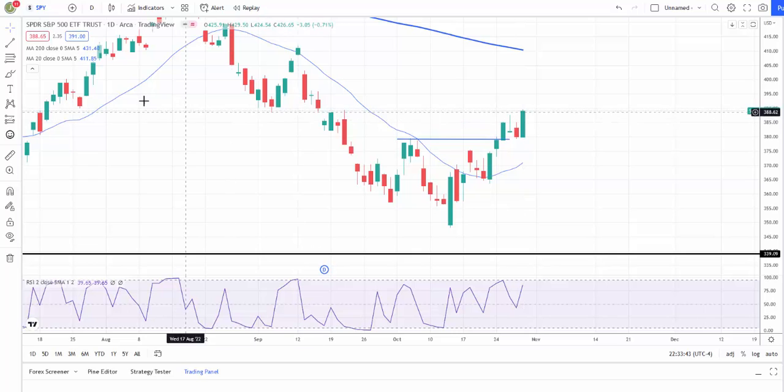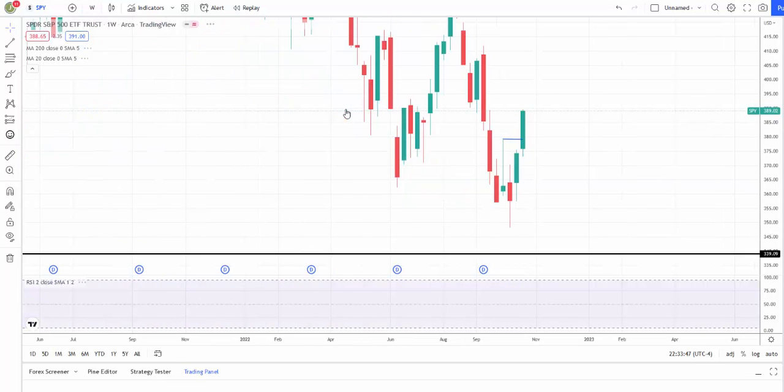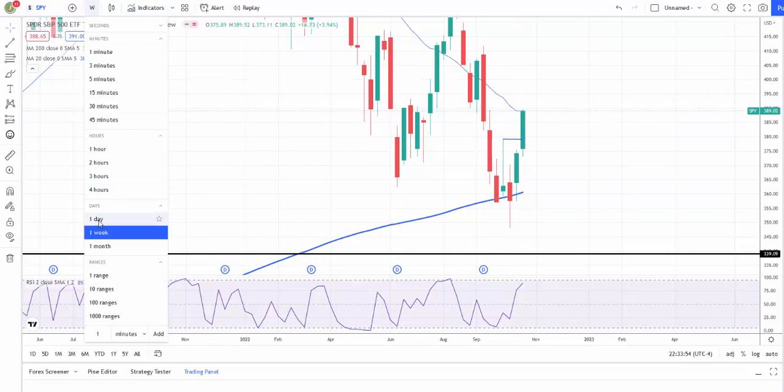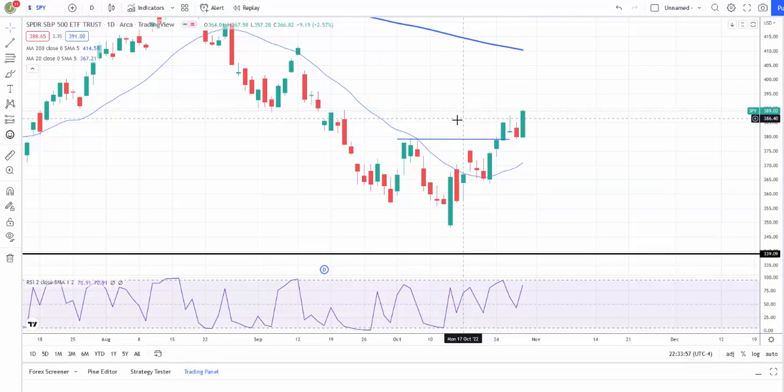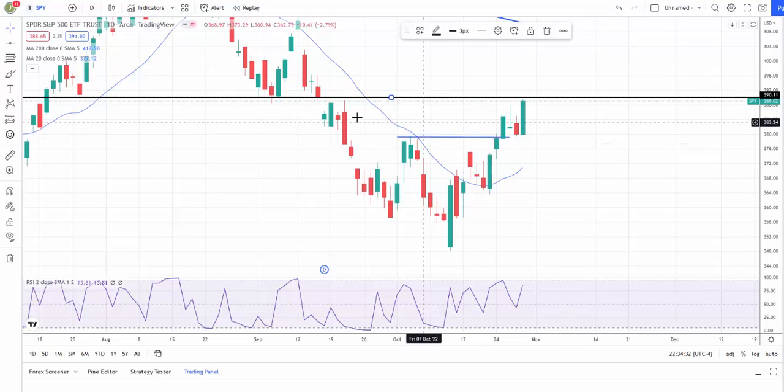Now we have run into the weekly 20 period moving average here as resistance. You see, that's the light blue line here. So I do think that we will go a bit higher because we still have, if we look back here, this little gap that was left to fill here. So I'm going to draw a line here, and you see we still have some upside there